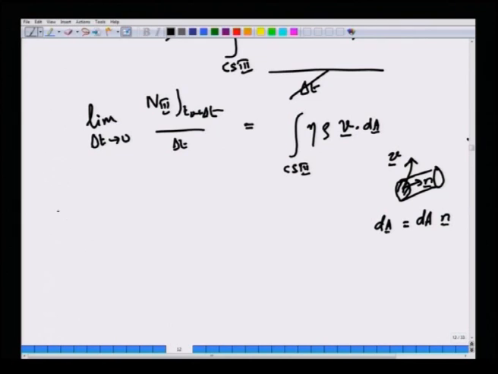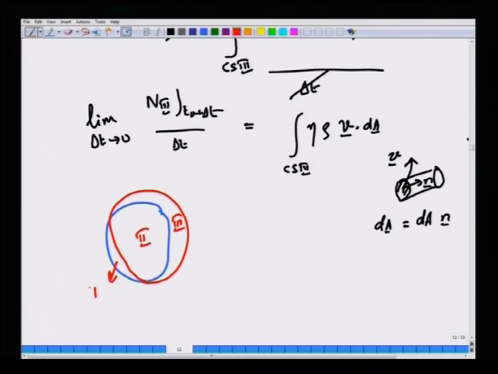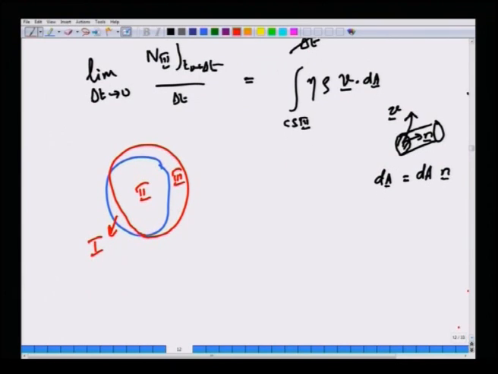Now, we can do the same thing for region 1. Recall that you had the control volume fixed and the system moving at a later time. This was region 3, which we just computed, region 2, which we already calculated, and region 1 is again the stuff that was deleted by the motion of the system or control mass from the CV. So, we can write a similar expression because the ideas are very similar. The limit as delta t tends to 0 of n1 at t0 plus delta t divided by delta t is equal to